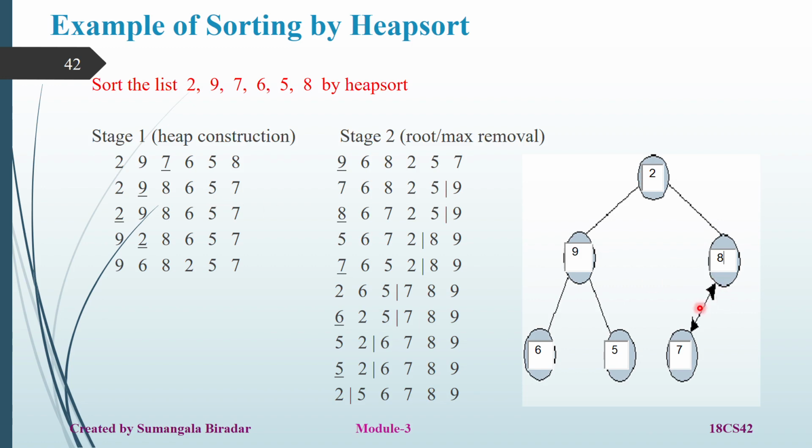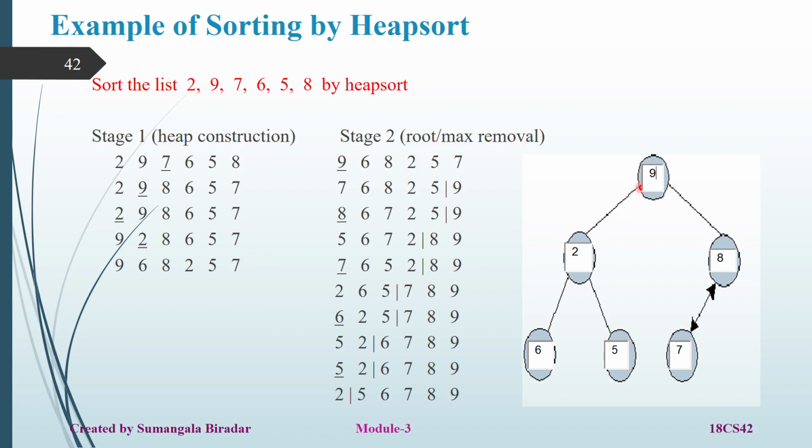So now after swapping these two, is it a heap tree? No, it is not a heap tree. Once again, because this 2 is the parent key and this parent key is lesser than the child keys 9 and 8, you have to swap. So among these two, which one do you select to swap? 9, the larger one. You already know that. Okay. So now 2 comes here and 9 goes here. So this is the next, third line: 9, 2, 8, 6, 5, 7. You swapped these two elements. After swapping, these are the elements you got.